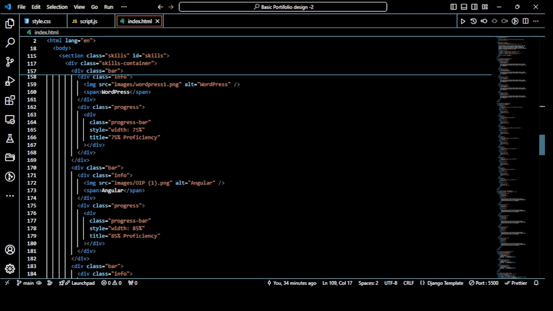Then we have gone to our education part. We have defined its class and id as education, and then we have given the heading as my education. Then we go to timelines. For the first part we have given it to the right-hand side, and then we have given it to the left-hand side. At the end of this code I am going to show you how this was working. Okay,